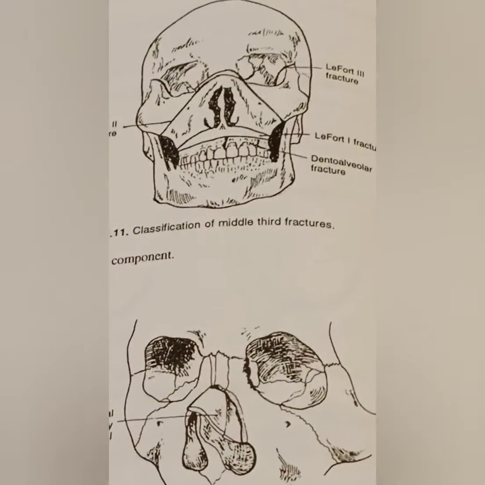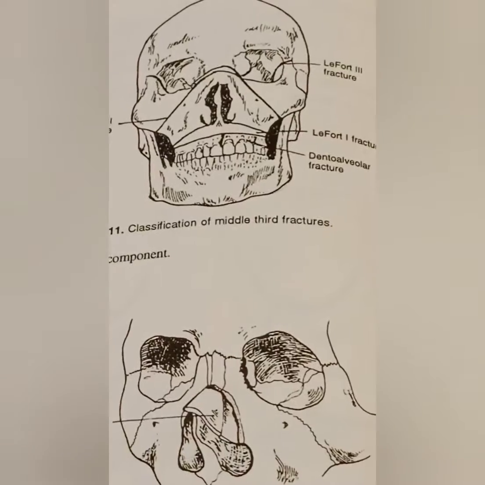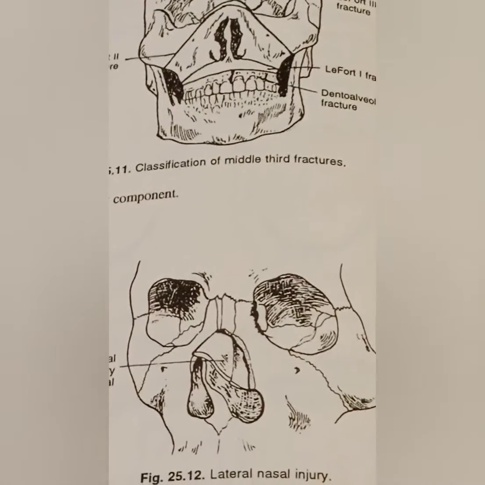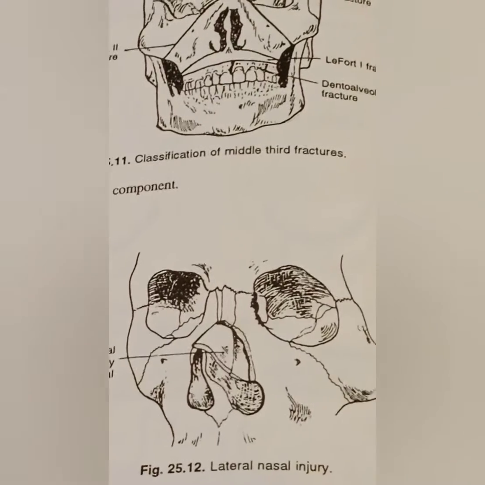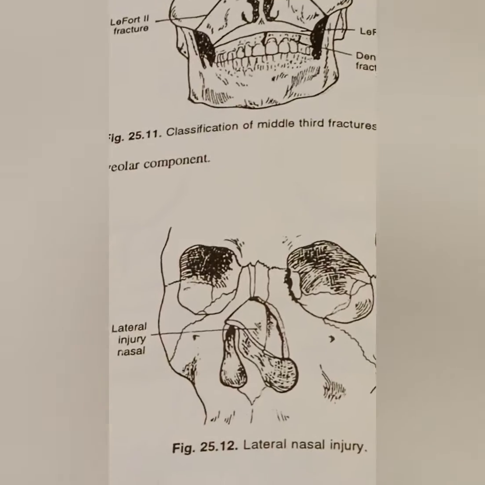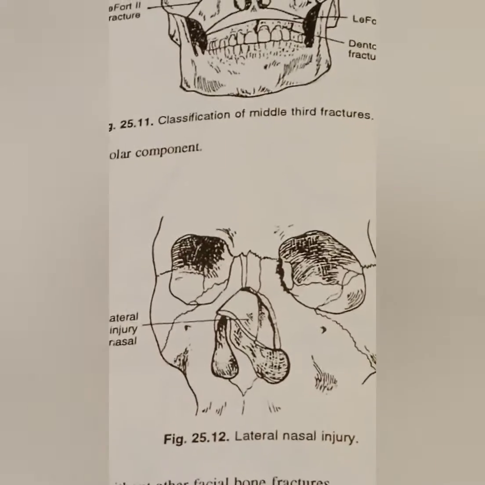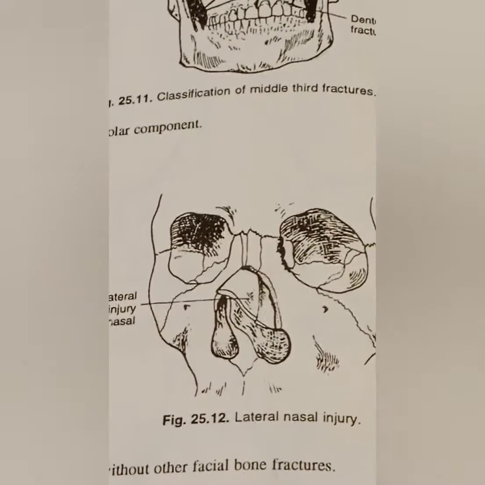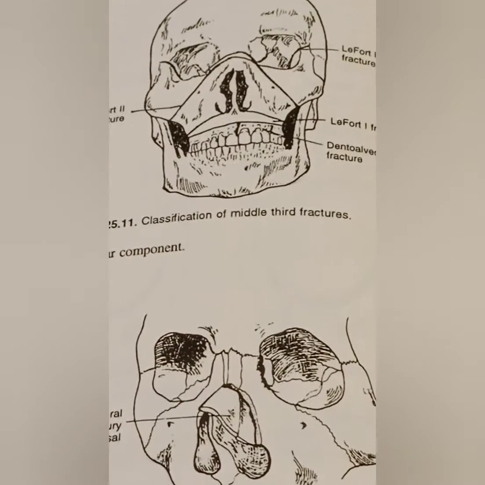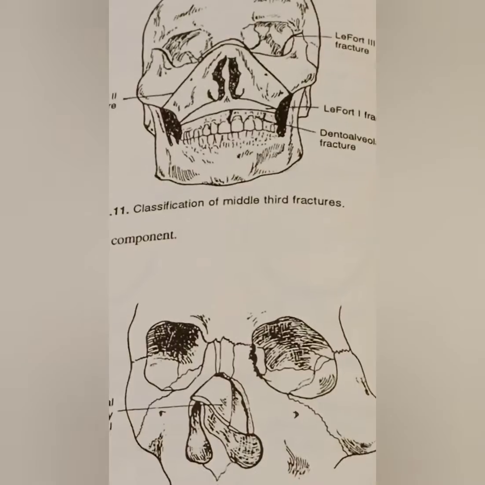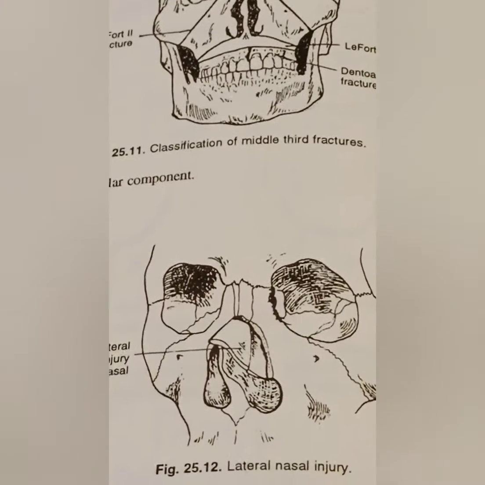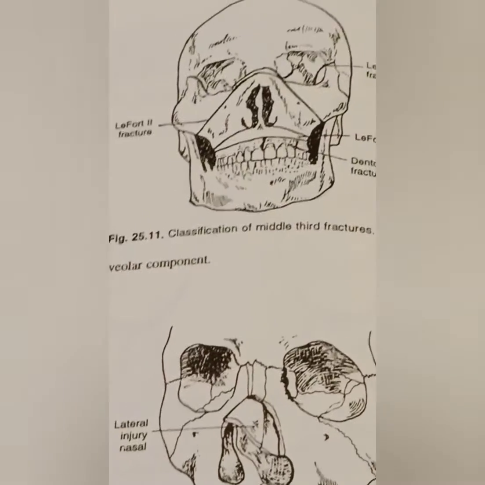Then there is gross edema with facial disfigurement. There is upper lip swelling, ecchymosis in the labial and buccal vestibule, and laceration of the upper lip and intraoral mucosa. Bilateral epistaxis is seen. Then there is mobility of the upper dentoalveolar portion of the jaw. There is pain, and there is upward displacement of the entire fragment.